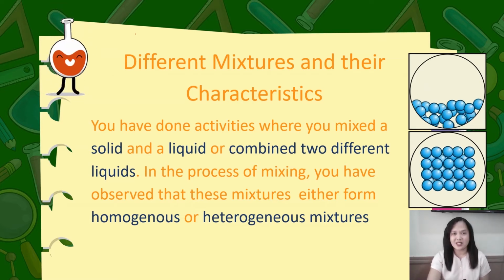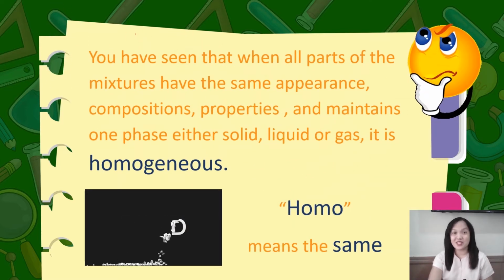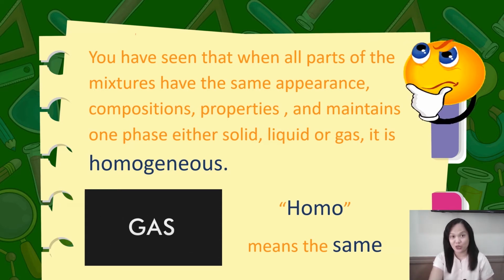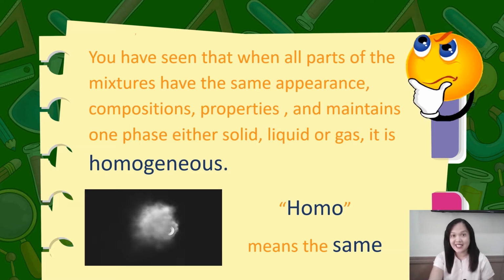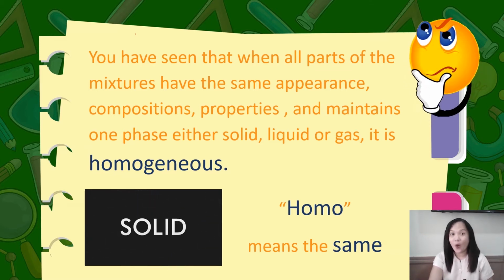In the process of mixing, you have observed that these mixtures either form homogeneous or heterogeneous mixtures. You have seen that when all parts of the mixtures have the same appearance and compositions, properties, and maintain one phase, either solid, liquid, or gas,